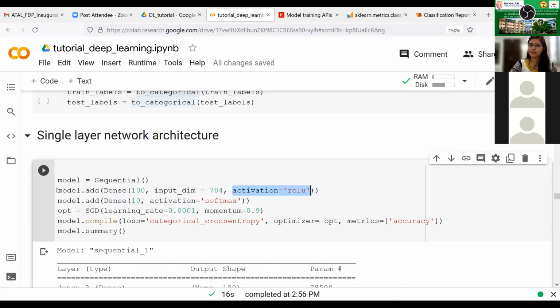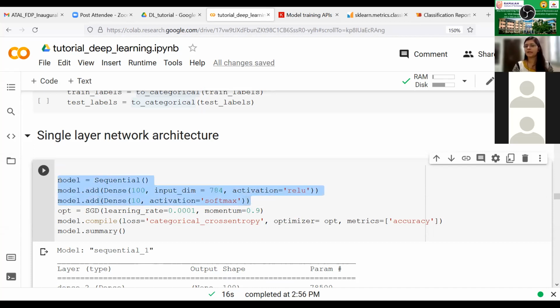And after this layer, so this is the first layer, I am just adding the output layer. So this particular network has only 3 layers. The first is the input layer, which is the input image given. The second is this hidden layer, which has 100 neurons. And the third is the output layer, which has 10 output values, which will give the 10 prediction values. And the activation function here is the softmax activation function. So this was the architecture of the model.